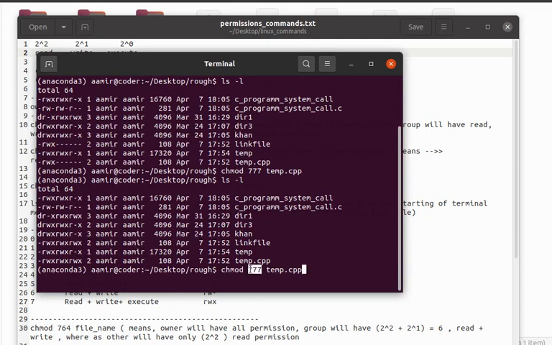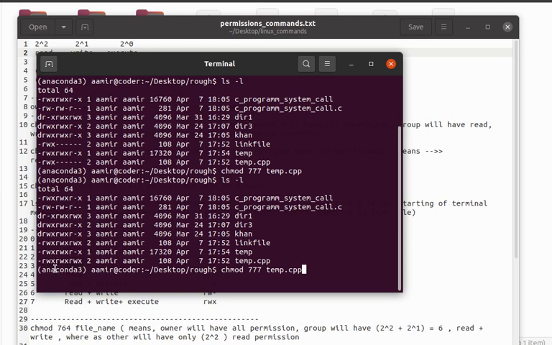This first 7 is the place of the owner, so 7 means give all permission to the owner, and this 7 means the group. 7 means give all permission to the group, and this 7 means give all permission to the others. So therefore we can see all the permissions were given.